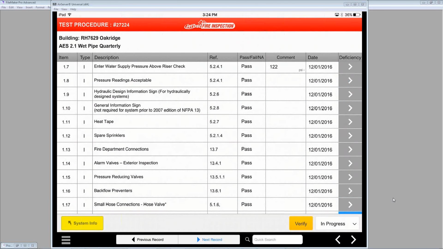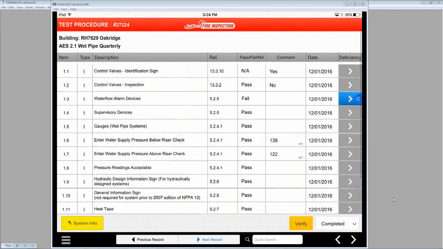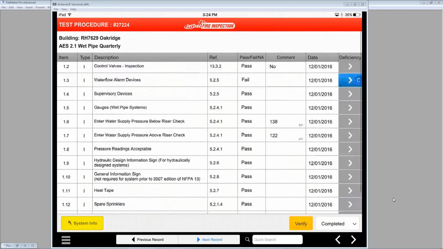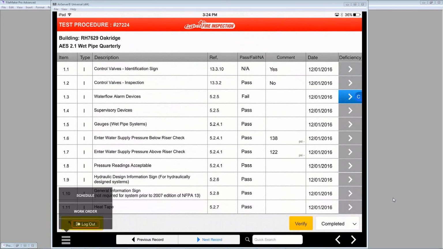What is normally the way to go is to click verify at the bottom right, and right now it's telling us it's in progress. If I click verify now, it'll change to completed, and that tells me that I've gone through every single item on this list, which is great. Going back to our work order,